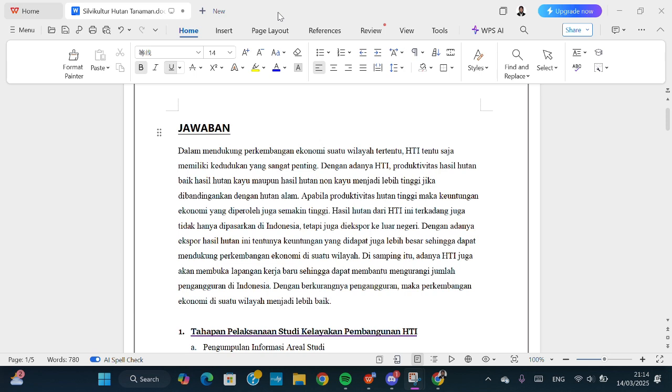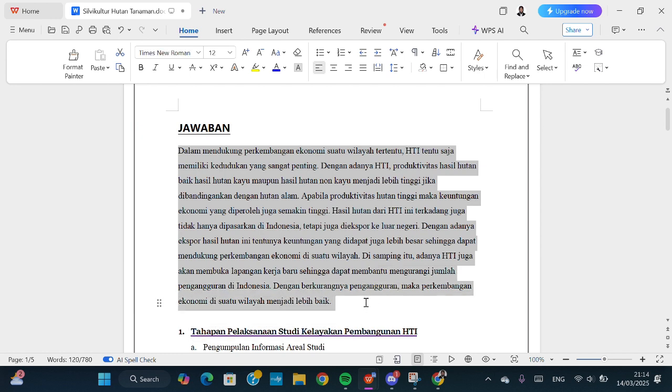In today's video, I'm going to show you how we can justify text in WPS Office application. Okay, let's get started. Here I have opened my document in WPS Office application, and for example, I'm going to justify this paragraph. If we want to justify text or paragraph, we need to select the text like this, and